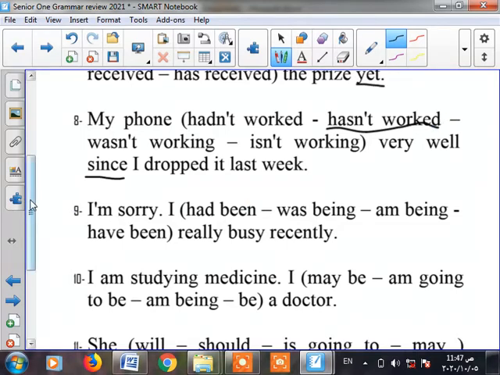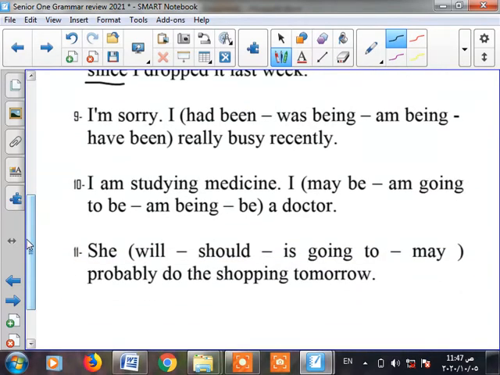Okay, number 9, I am sorry, I got really busy recently. In that sentence you have the word recently, and recently comes at the end of the sentence, and we have to use have or has plus PP. So, I am sorry, I have been really busy recently. Okay, number 10,